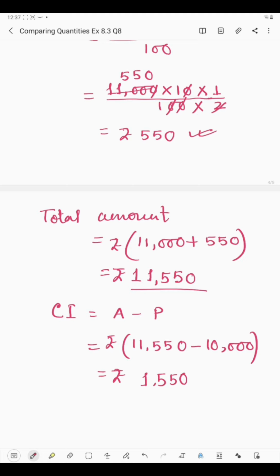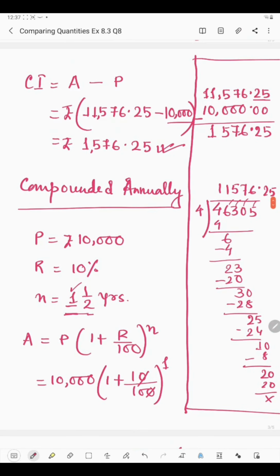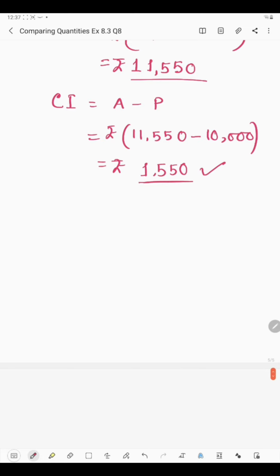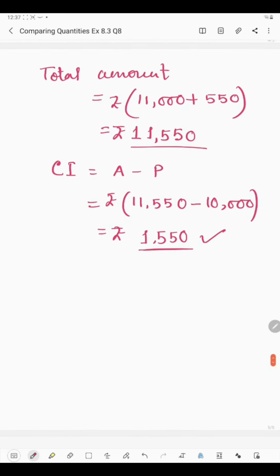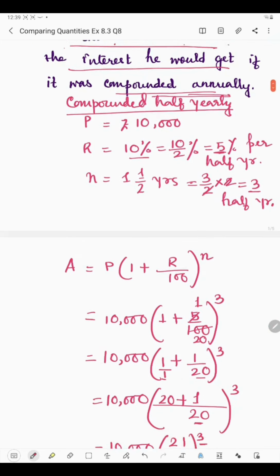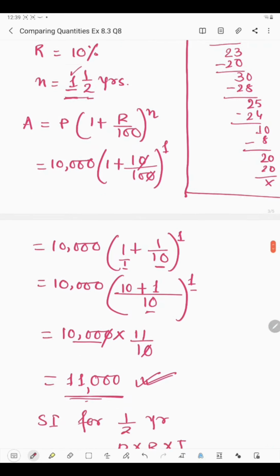Okay. Now we will have to check whether this is more, or if the interest is calculated half yearly, then that is more. So see here, if it is calculated half yearly, then the interest will be 1,576, and if it is calculated annually, then it will be 1,550. So what we have observed is that if it is calculated annually, then it will be less interest. Okay. Now the question was, would this interest be more than the interest he would get if it was compounded annually? Yes. If the interest is compounded half yearly, then it would be more. We have seen that because it was 1,576, which is greater than